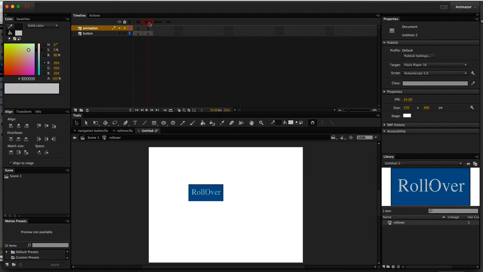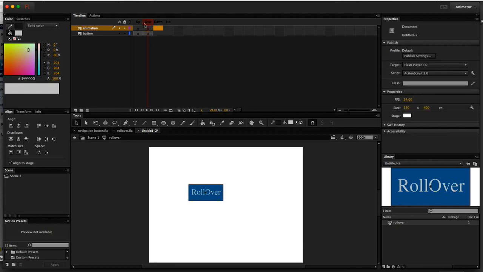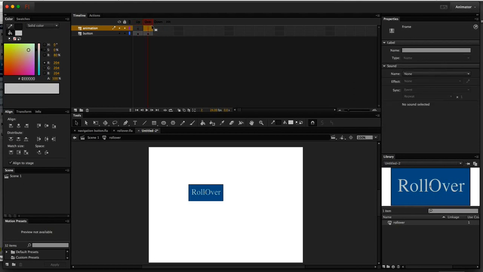But when I get to the over state, I want to have an animation occur. So we need a keyframe in the over state. Right now, there's only a blank keyframe in the up. We can either click and drag it, or we could have inserted an actual keyframe here. Either way. So we have a blank keyframe now on its own layer in the over state,